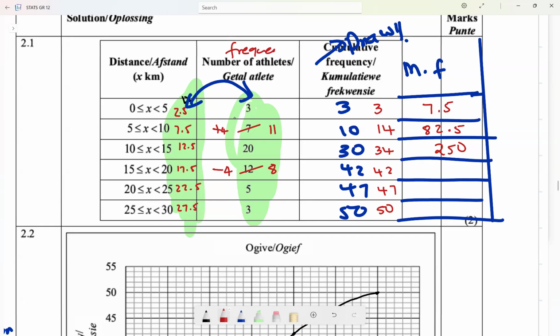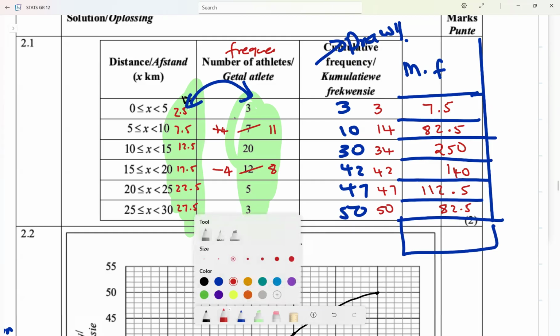And then 17.5 multiplied by 8, 140. And then 22.5 multiplied by 5, 112.5. And then the last one, 27.5 multiplied by 3, 82.5. When I add all of that,